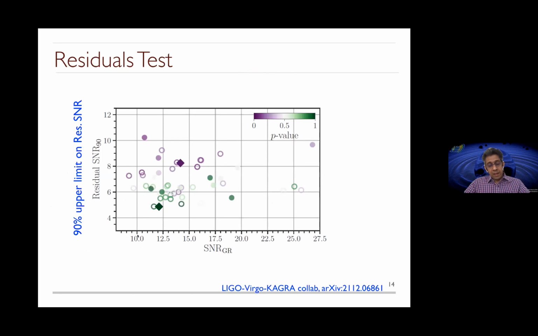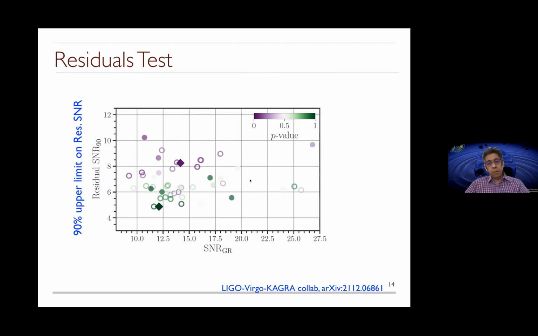So this is on the x-axis is called the signal to noise ratio of the GR template, and the y-axis shows you the residual SNR, the SNR that I mentioned in the previous thing. It's a 90% upper limit on the residual SNR, and this shows, after carrying out this test on the entire population of sources, where they stand with regard